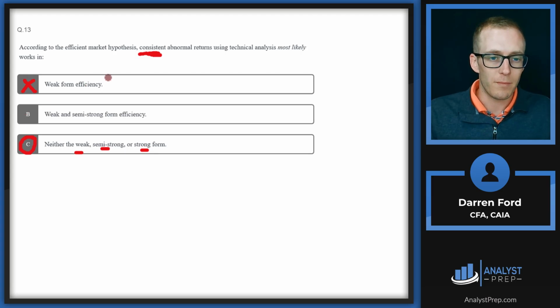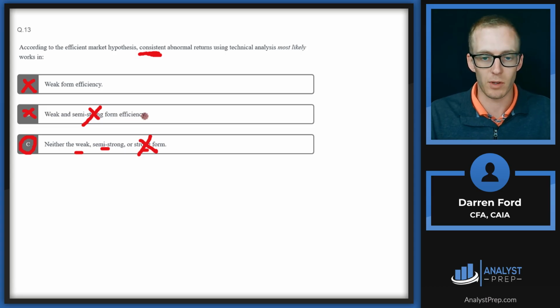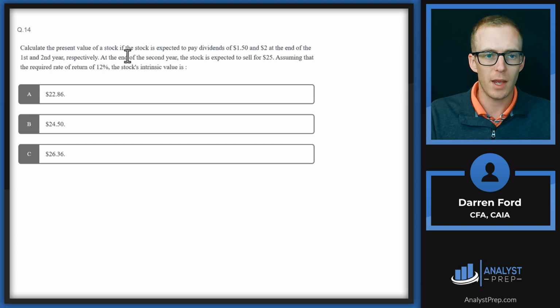Under weak form, you would potentially be able to outperform using fundamental analysis because it's assuming that all public information is not necessarily priced in, but under semi-strong form, fundamental wouldn't work, and neither under strong form either. Since under strong form, then the additional level is that all public and private information is priced in. Answer C. Calculate the present value of a stock if the stock is expected to pay dividends of $1.5 and